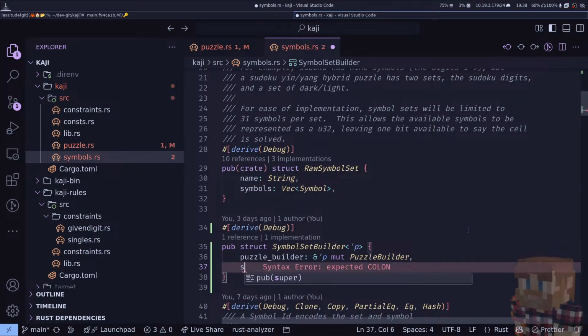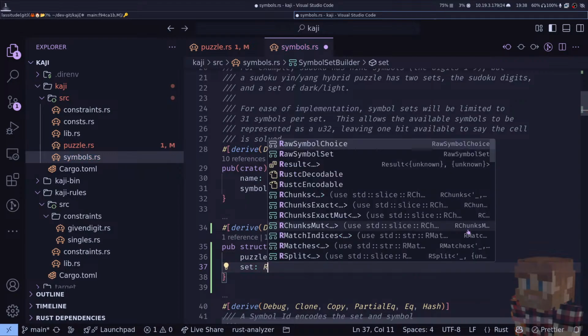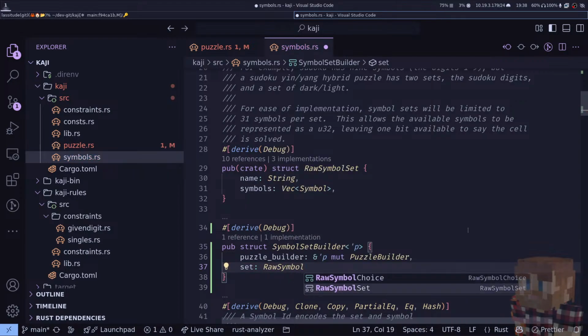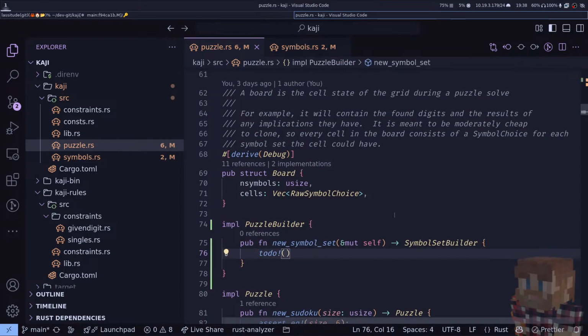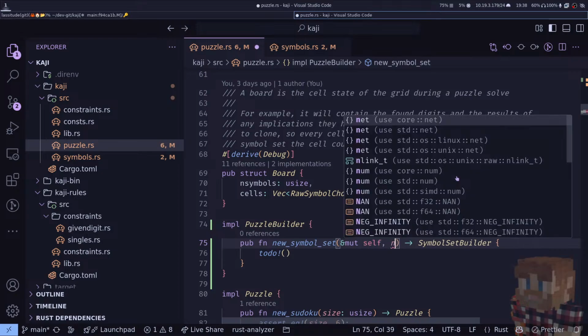So we're going to call this the set, which is going to be a raw symbol set, and that's probably good enough. And what that's implying to me is that we should probably say that the new symbol set takes a name,